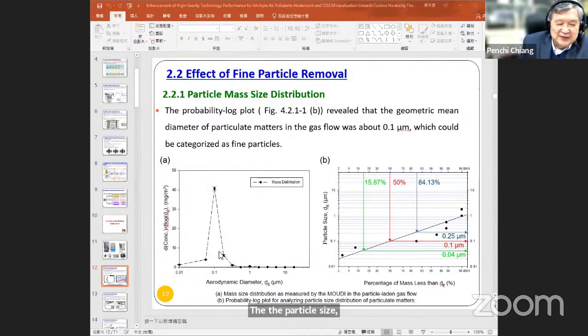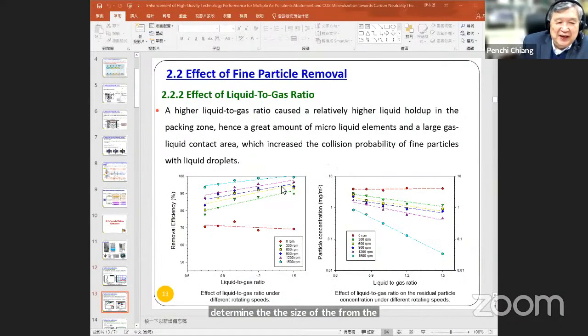So you can see this is the aerodynamic diameter shown here. This is a relatively small particle. You have probably heard about PM 2.5 and the nanoparticle. You can see the particle size distribution, and this is the accumulated particle size distribution. So you can see what the average, the so-called aerodynamic size, will be. Based on this information, we can determine the size of the